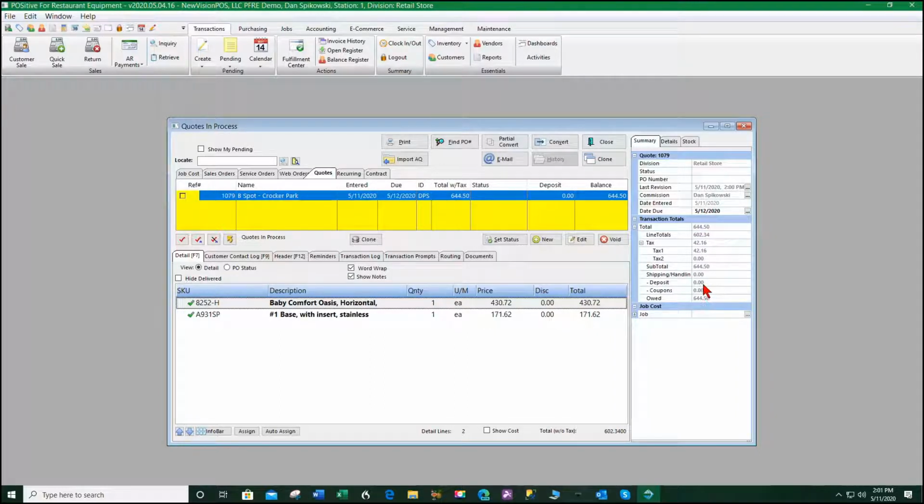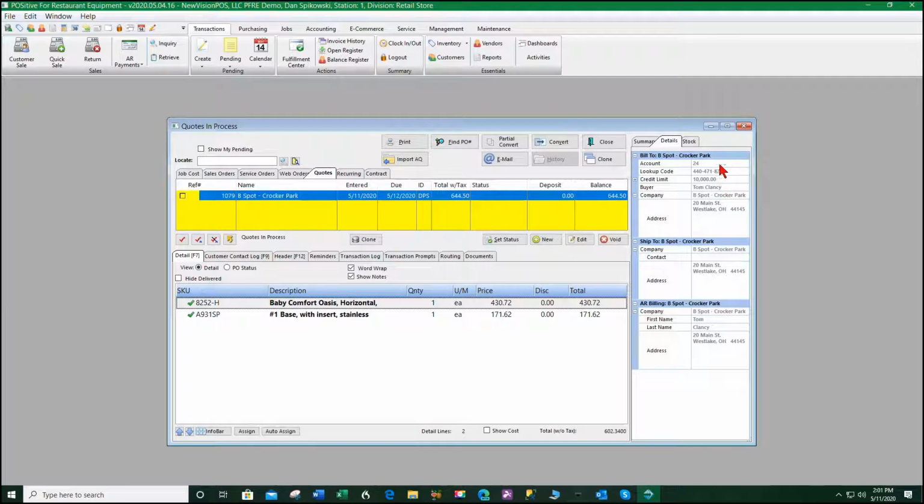Is there going to be a deposit put down, a coupon that they're going to use? So this is just some of the information. Under details, we get to look at the account, who it's for. If it's going to be drop shipped, we'll have the ship to information here,